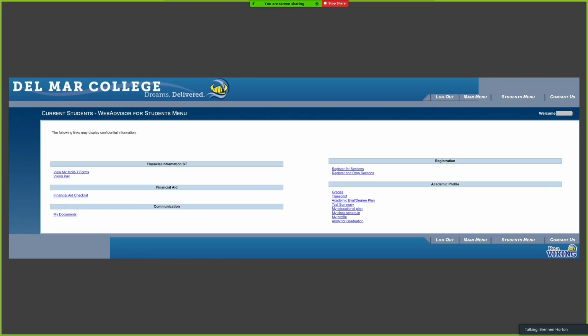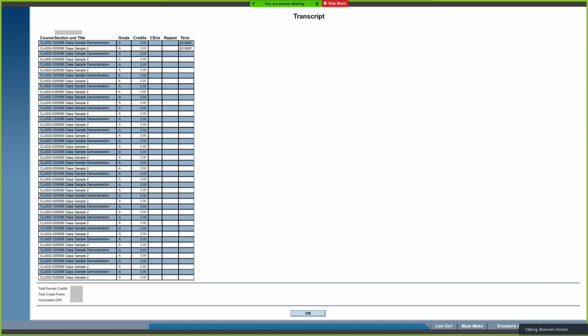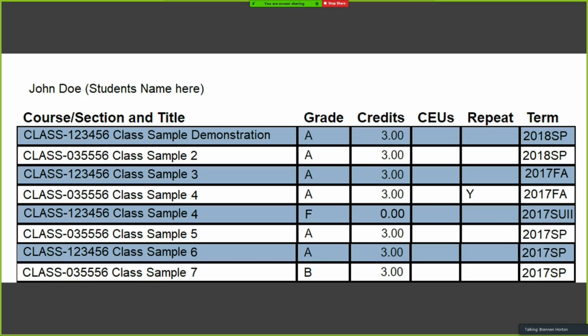But if we want to see all of our grades in one spot, we would want to look at the transcript. If we come here to the transcript, you're going to have again a drop down arrow. You want to select undergraduate or unofficial UG for undergraduate transcript. We'll click submit, and we'll see a page similar to this. Again, this is all fake data, but if I zoom in here and look at just a couple of classes, just as an example,